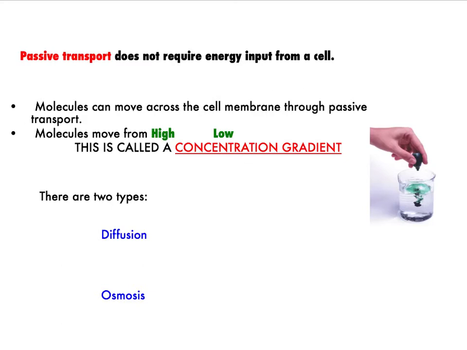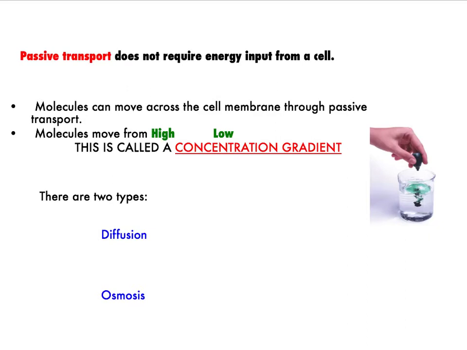This type of transport we call passive transport because there's no energy required from a cell. The cell doesn't have to expend any ATP to do this. Now energy is behind it, but it's not energy the cell has to use. Now molecules move across the cell membrane this way, but not all molecules do. They're only going to be able to move across this way if they have a transport protein that they can move through, or if they're